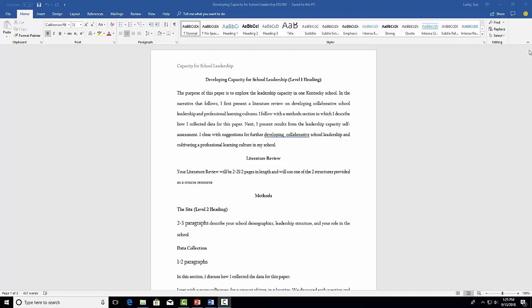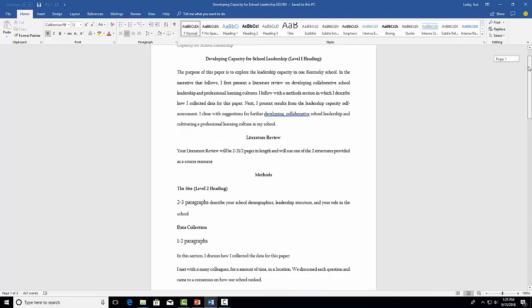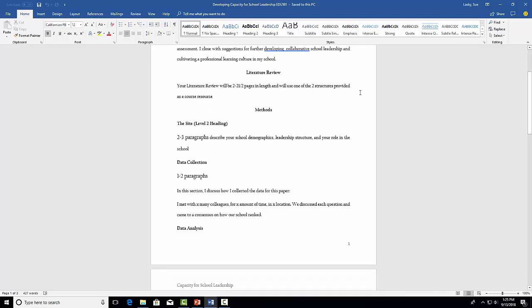As we look at this final assignment, what you'll see is that you have a heading, your title, which is Developing Capacity for School Leadership. That is the purpose of the study. You always open with an opening paragraph. Your literature review follows. And if you go back to that PowerPoint that is included in the course on the parts of the whole, the lit review is actually really important because what it does is it